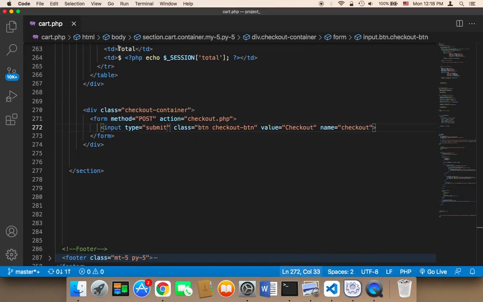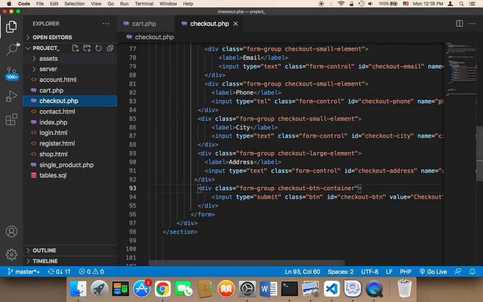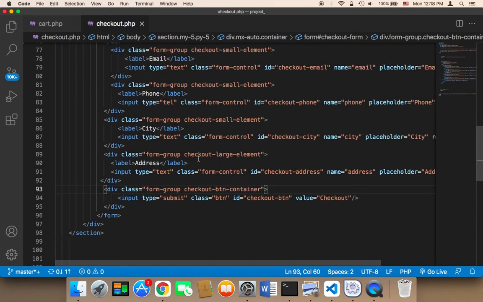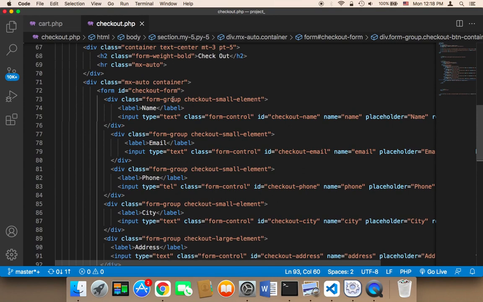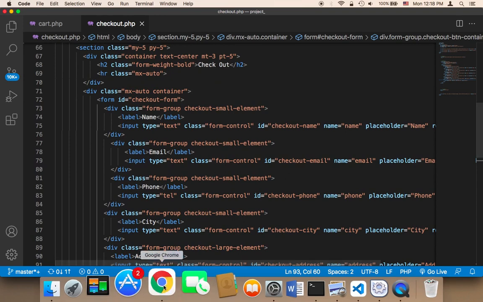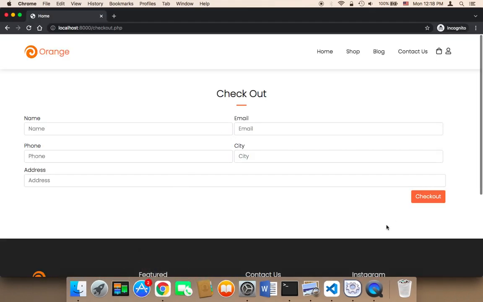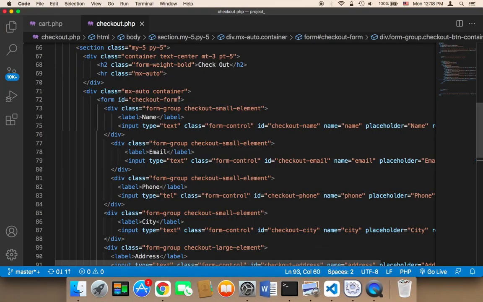So let me head on over to the checkout page. Now in the checkout page, we already have a form, which is great. We don't have to do anything special. We just want to make this form active. We want to activate this form, and to do this, we can just add here action and method. So the action is going to be